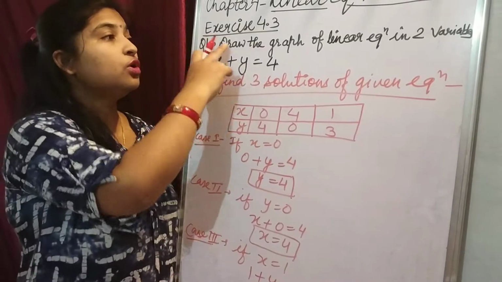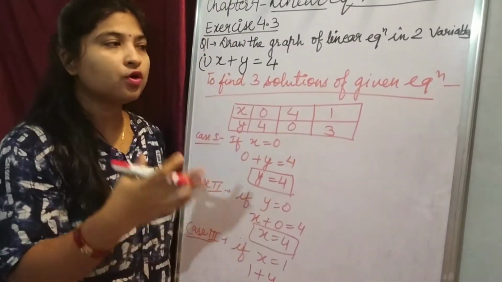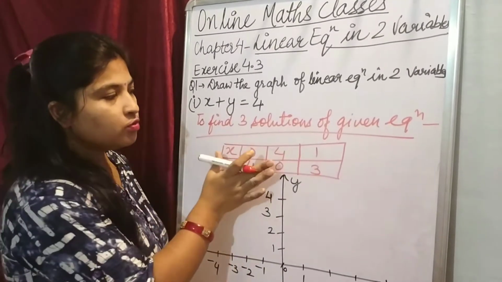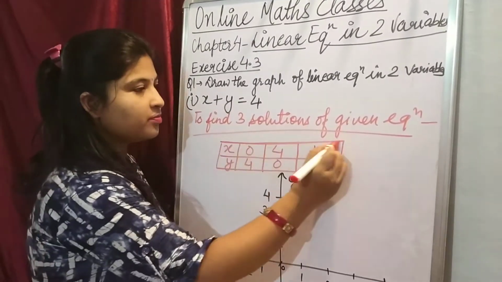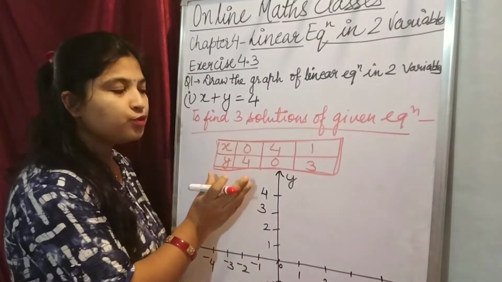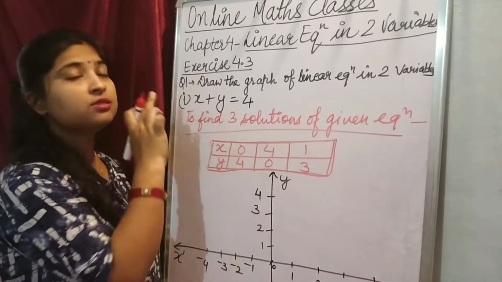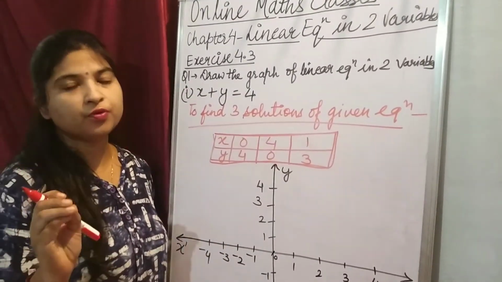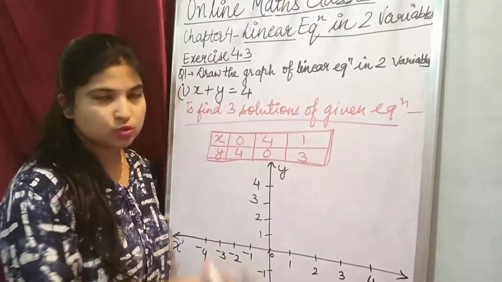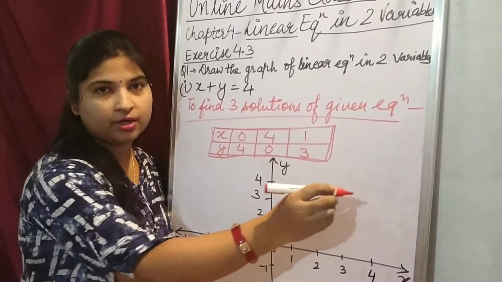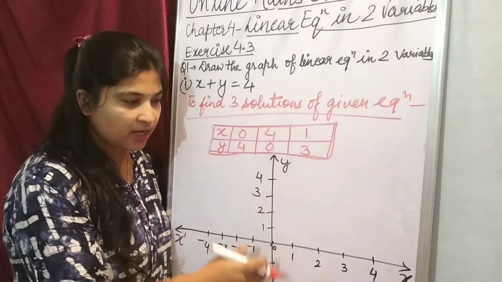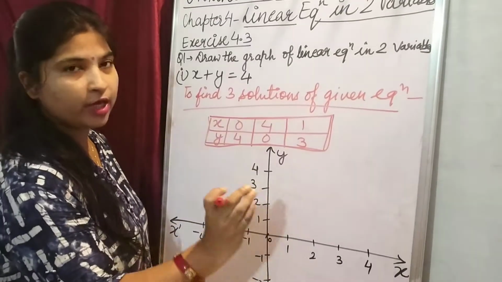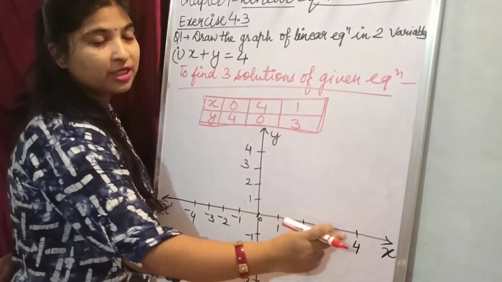Now we have to draw this on a graph. So how we will draw that, you have to see now. Now students, this table I have made from the solutions, I have to draw on a graph as it is written in the question. I think all of you know what a graph is. You did it in 8th class also, a sheet in which blocks are made. I am not having graph paper, so I am making it roughly on the board itself. Always remember we always have to take equal gaps.